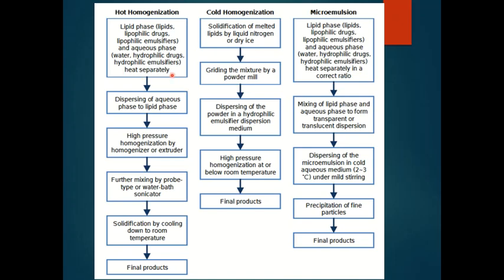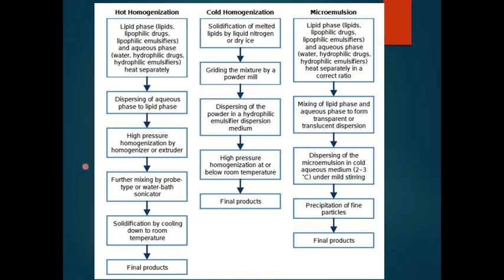Then heat those separately to the same temperature. What is the temperature? Just 5 degrees centigrade above the melting point of the lipid we are using. So based on the melting point, we use 5 degrees centigrade higher than that. Heat both the lipid and aqueous phases separately to the same temperature, then put the aqueous phase into the lipid phase,